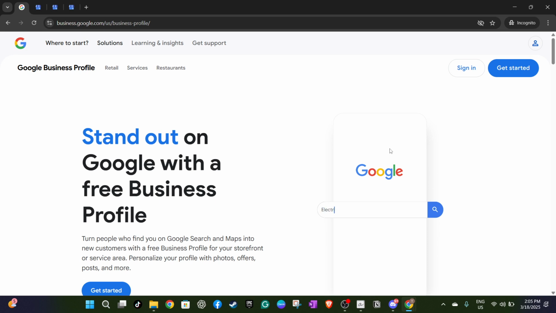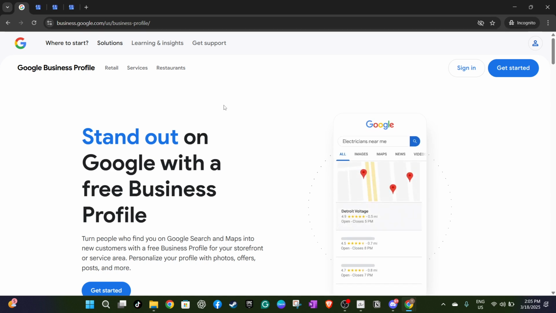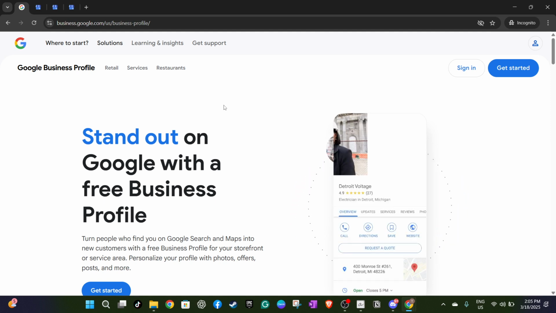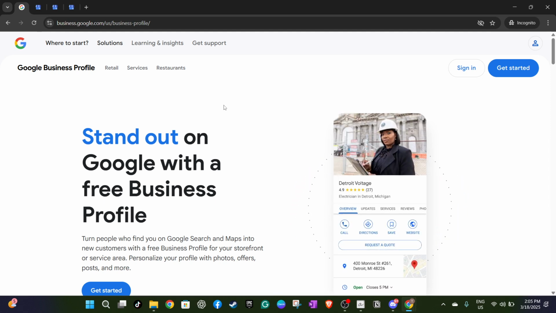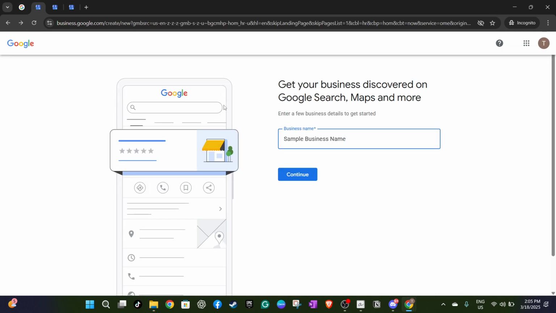After clicking on Get Started, you'll be prompted to sign in using a Google account. Make sure to log in with the Gmail account you wish to associate with your business. It could be your personal account or a dedicated business Gmail account. Once you're logged in, you'll see a page that asks for your business name. Type in your business name. If a drop-down menu appears, select Create a Business with this name, then press Continue to advance to the next